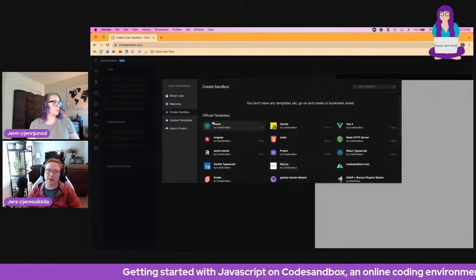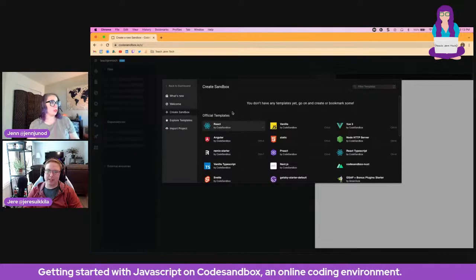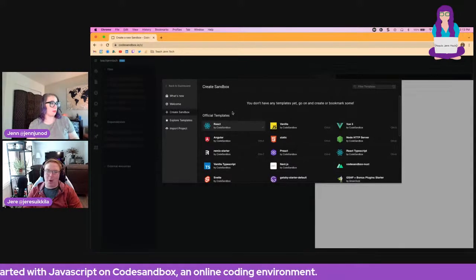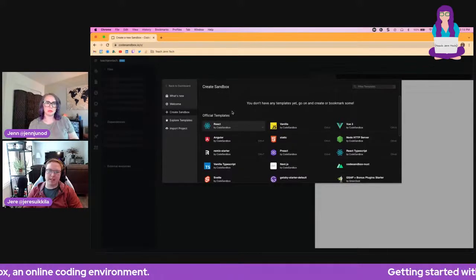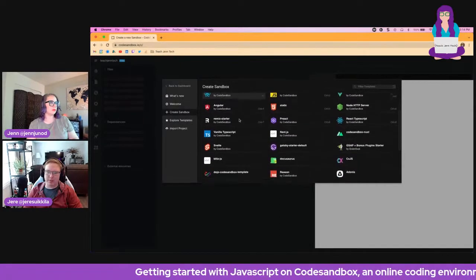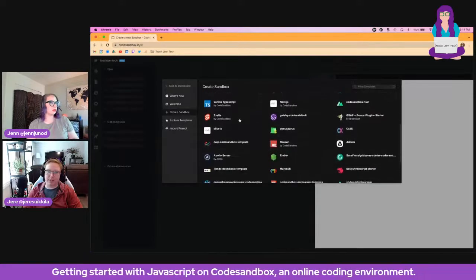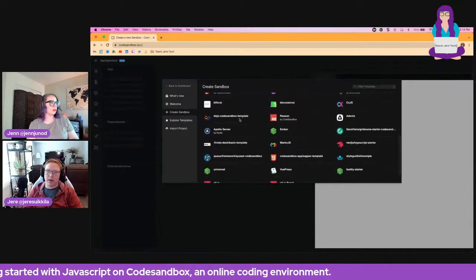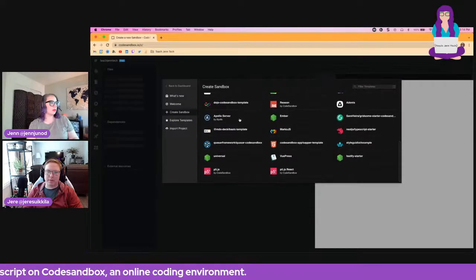So create a sandbox. What we actually see here is a whole bunch of different starters. Basically these are templates that have already a little bit of code in them so that we can get started easier. You can see there's React, Apollo, what else do we have?